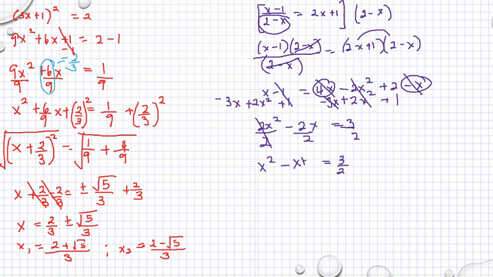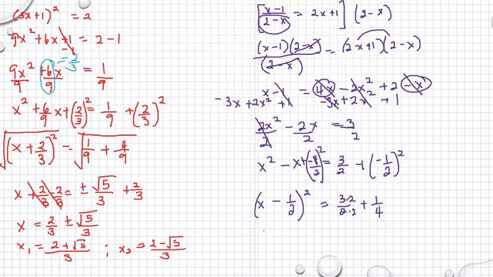Completing the square, adding negative 1/2 squared to both sides. Then we have x minus 1/2 parenthesis squared is equal to 3.5 plus 1/4. So if we multiply it by 2, then we have x minus 1/2